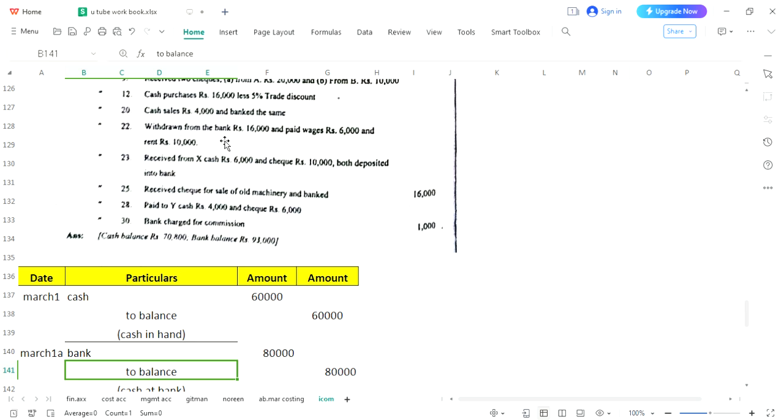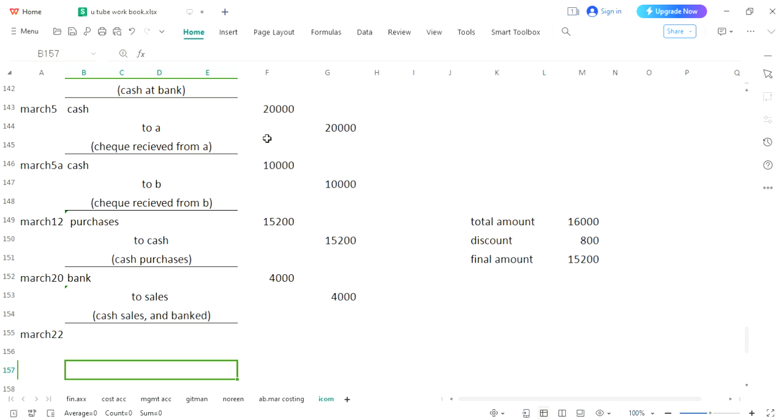Withdrawn from bank 16,000 and paid wages 6,000, rent 6,000. This is a little different entry. What we are doing, there are two parts. You may convert this entry into two parts, or you may write it in a combined entry. So guys, what to do? We will be dividing it into two parts so that you can understand it well. This is half part. Withdrawn from bank 16,000. So first part of entry is saying